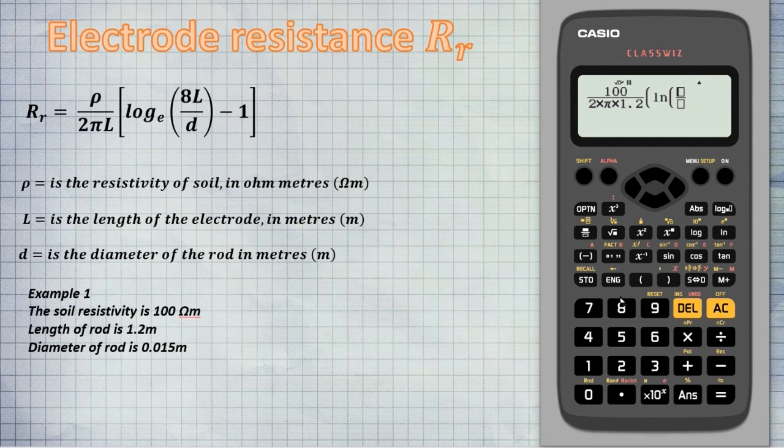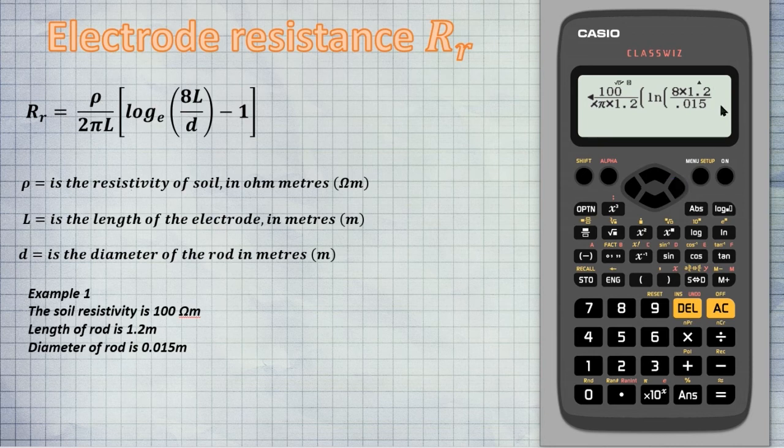The value on the top line is 8 multiplied by the length of the rod again, which is 1.2. Using the cursor button, we go to the bottom line and we enter 0.015. And we need to close the brackets of this part. So we close the brackets,